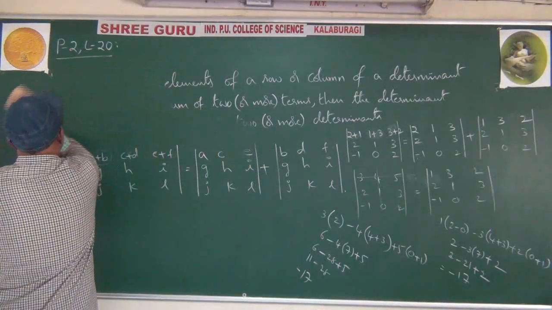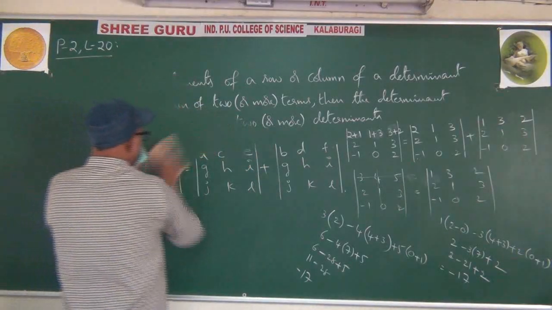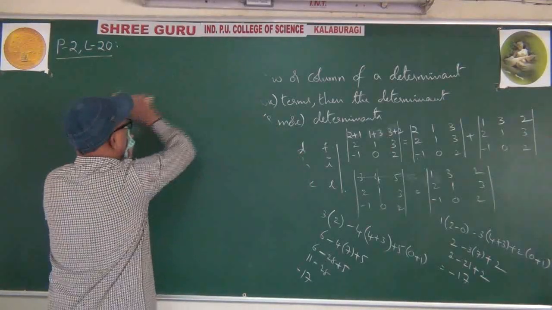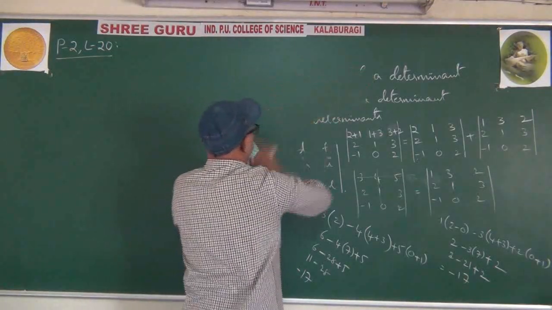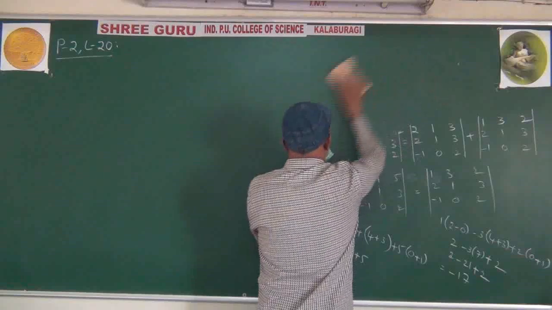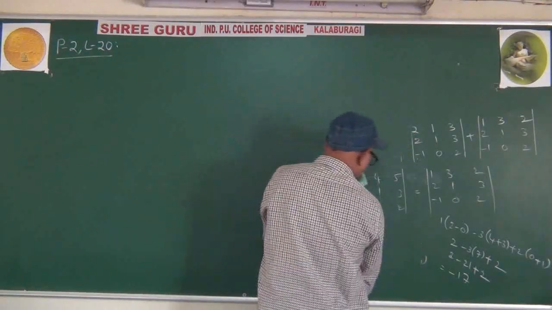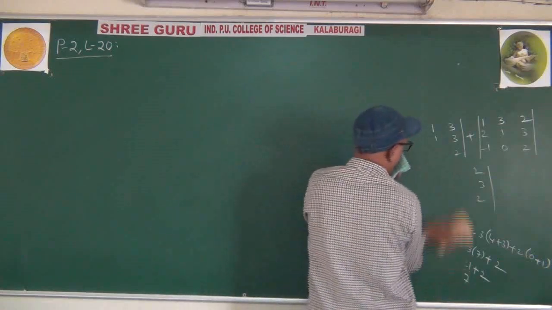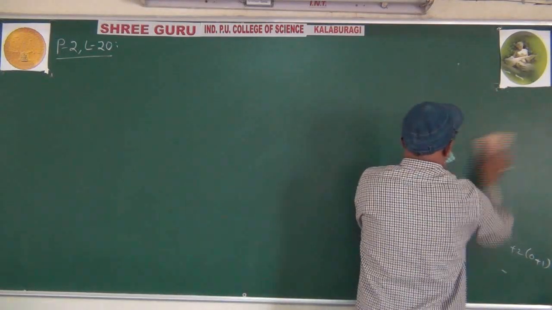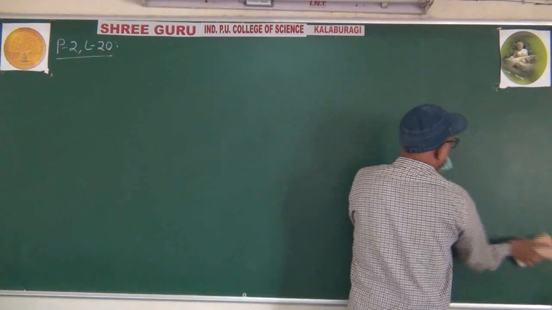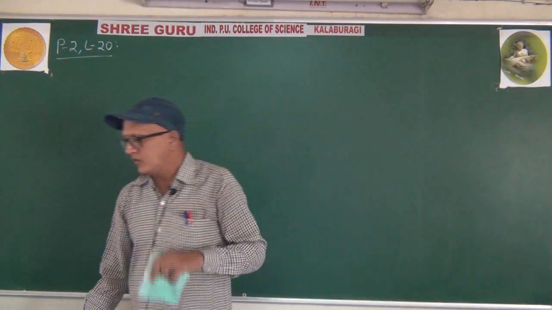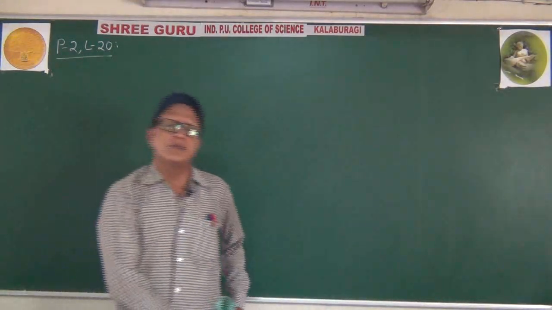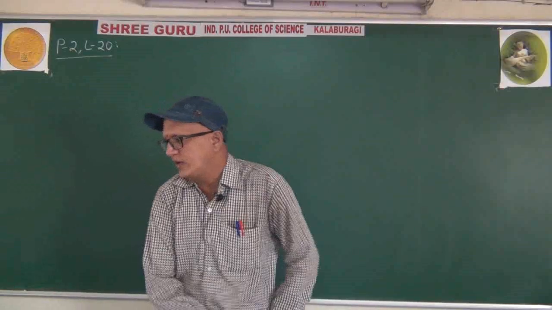Last property. Once I start the questions, it will be more interesting. Here we are learning some concepts now, maybe a bit boring for the students. I can understand. Once I start the problems, then it will be interesting. Only the last property is left. Only one property, that's it. Afterwards, we are going to start the questions.